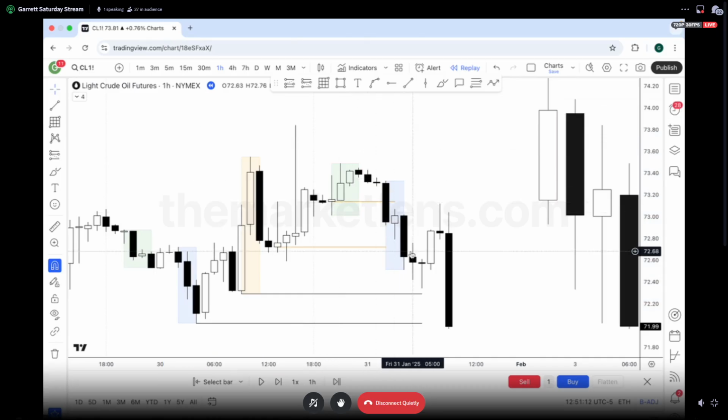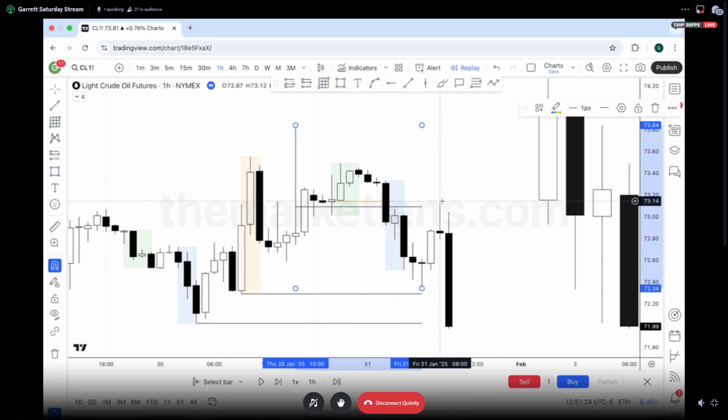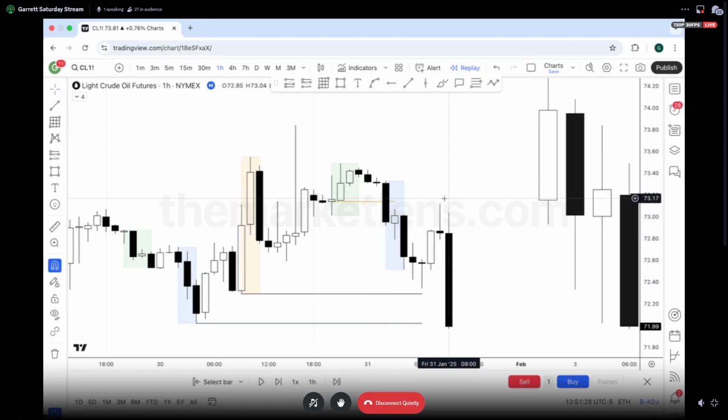So typically, when I see that displacement back to the range, I'm always going to favor the range low to be taken, right? And then when you take this range high to range low, where is this high getting formed? Premium. So there's no reason to come higher than this. If we're going to take this low, there's no reason to trade higher before we take this low, right? So if I draw out this 6 a.m. open,